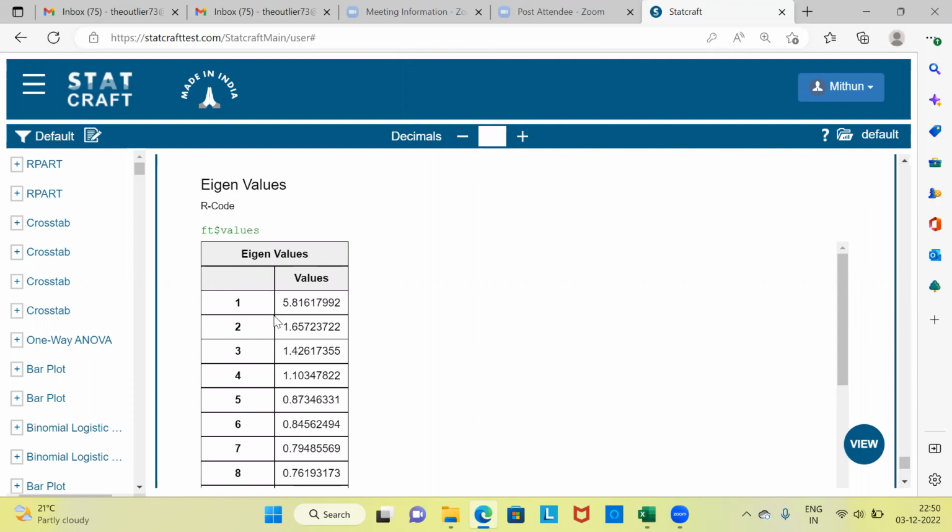What is the optimal number of components that you need to extract? This is the most important question. That is the first question that we are trying to address. The second question that we are trying to address is, what do these components represent? To answer the first question as to what is the ideal or optimum number of components,